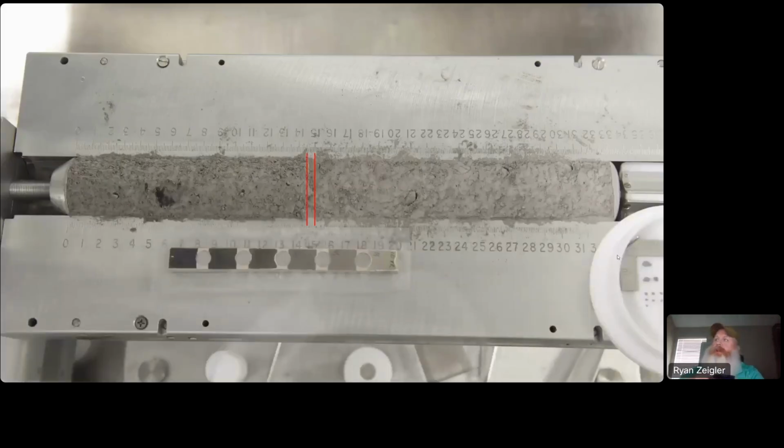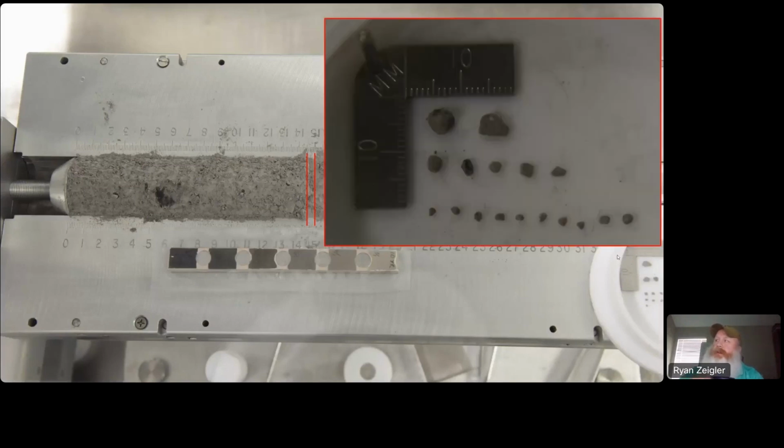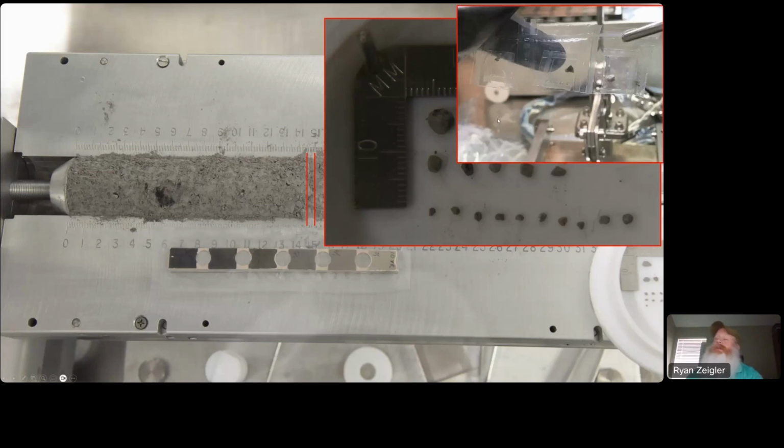Here's another view of how each interval is scooped out and separated and then run through a sieve, and then all the different size fractions, 1 to 2 millimeter on the bottom row, and then 2 to 4 and 4 to 10 on the top. You can see that there were 206 intervals. So we had over 600 separate bulk samples, and then 350 of these large particles were all separated out and then bagged individually. Why did we bag them individually? We'll come back to that in a second.